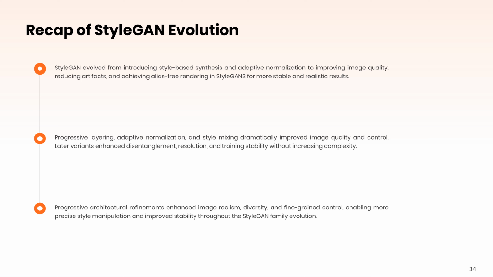Let's unpack the arc traced by StyleGAN from its core idea of style-based synthesis to the refined capabilities researchers now rely on. At its heart, the approach separates what to draw from how to draw it by introducing a mapping from a latent code to per-layer style signals that modulate the generator's behavior. A small Z input is transformed into an intermediate W, and each convolution layer receives a conditioning vector that steers,